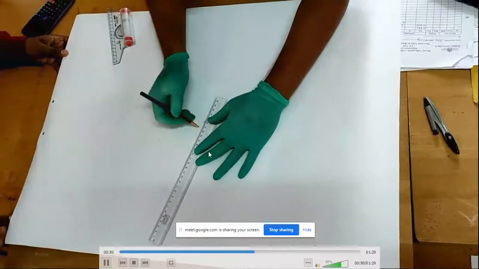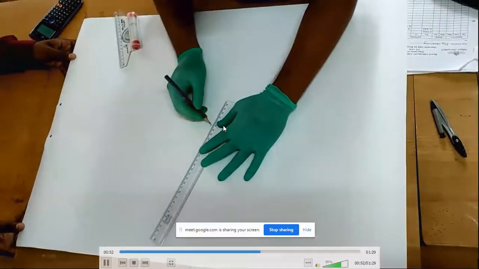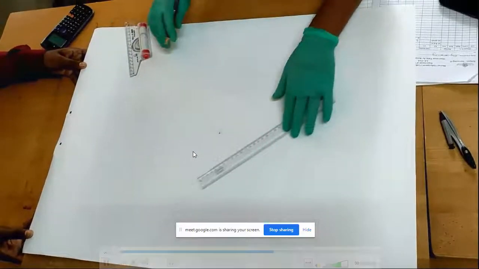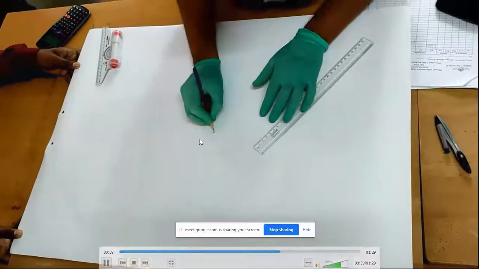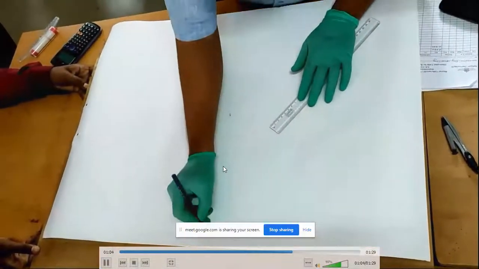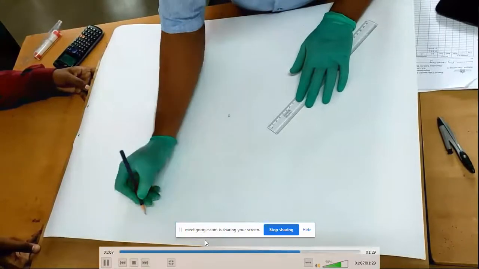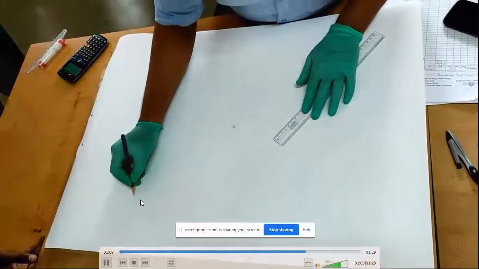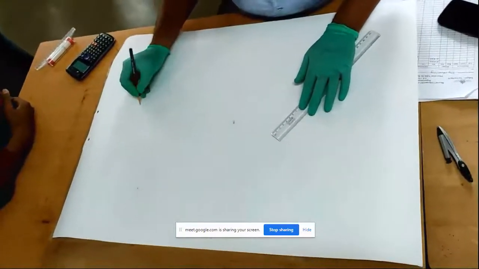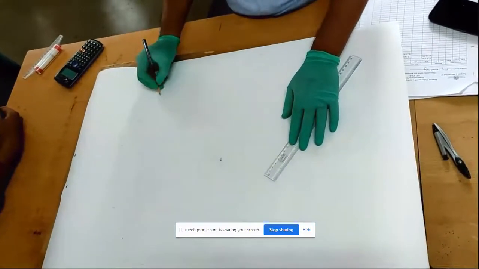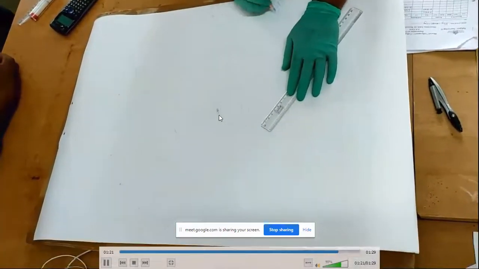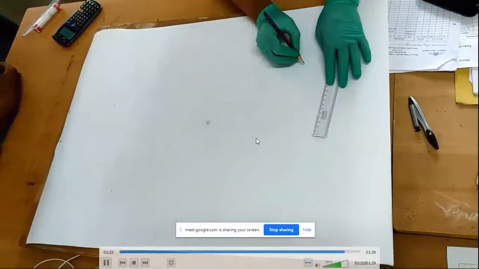Likewise, I am going to draw the straight lines as they were on the ground. I have prepared the entire grid. This is the instrument station O, where we have kept the instrument, and I will write here A, B, C, D, whatever the grid lines were on the ground, so that it will be useful for me in order to write down the RLs on the drawing sheet. So in this way, first of all, I'm going to prepare the grid.